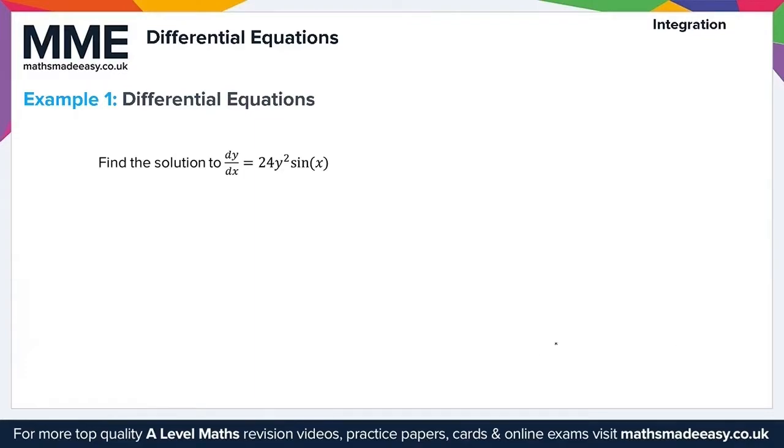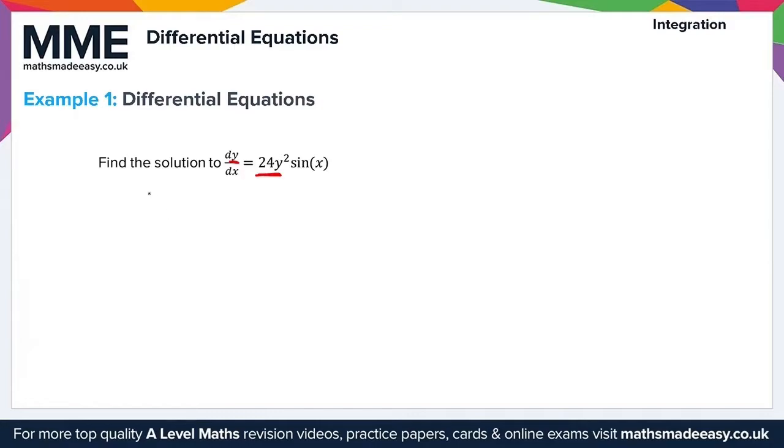Well, if we notice here, if we treat dy by dx as a fraction, what I can note then is this y here in the numerator tells us that on the left hand side of our differential equation that will be in terms of y only, and then the denominator here of this x tells us it will be in terms of x only on the right hand side. So this y here corresponds to this 24y squared. So the first thing we need to do here is divide by 24y squared on the left hand side and